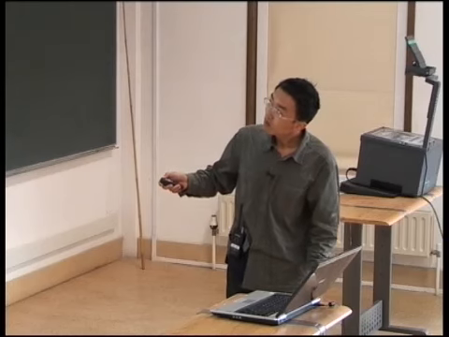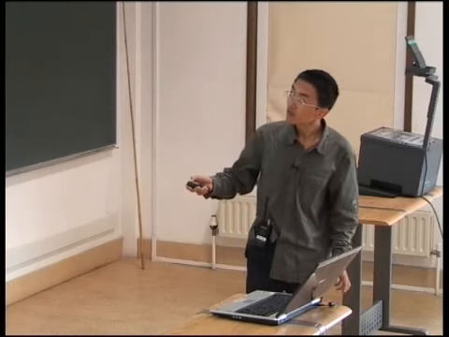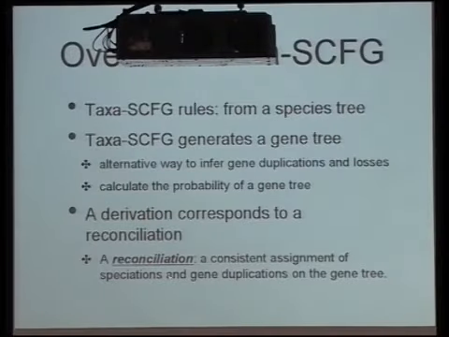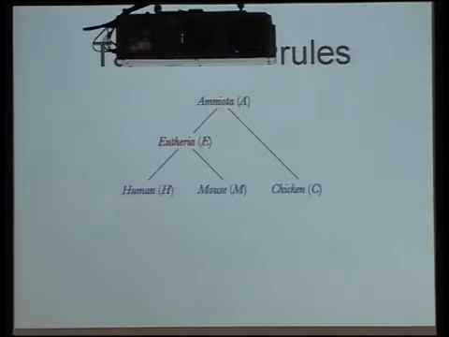Let me say another word about tree reconciliation. Roughly speaking, a tree reconciliation is a consistent assignment of duplication and speciation nodes on the gene tree. Let's see an example. Wow, all the arrows are gone. This is a species tree: human, mouse, chicken. Usually the internal node is the last common ancestor of these 2 species. It is E and it is M